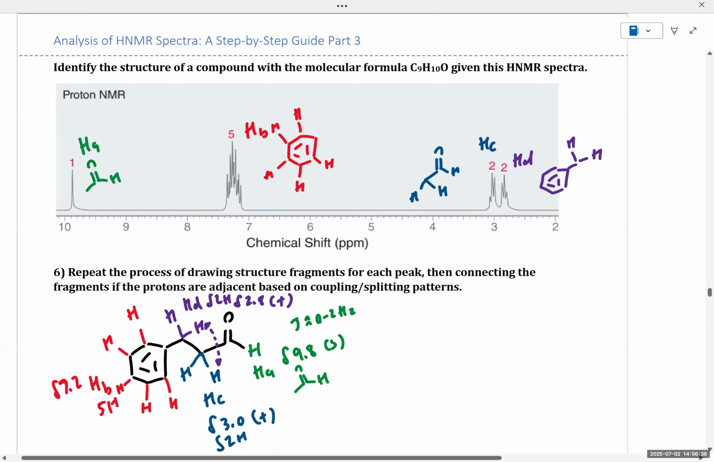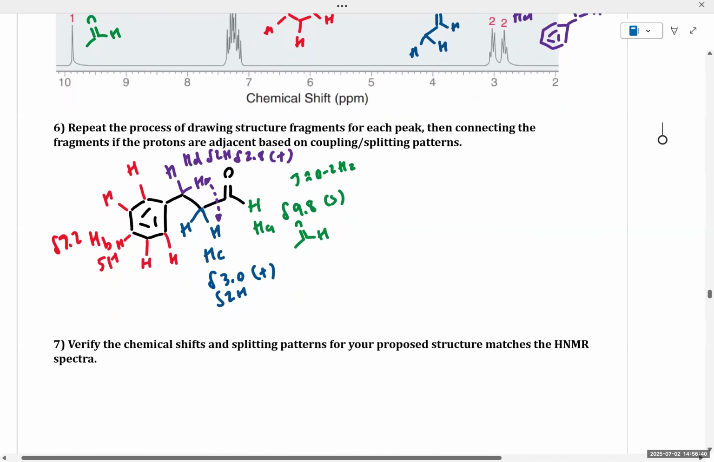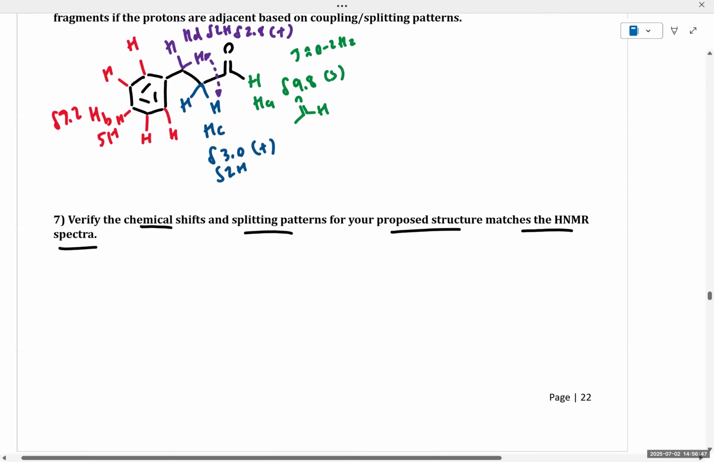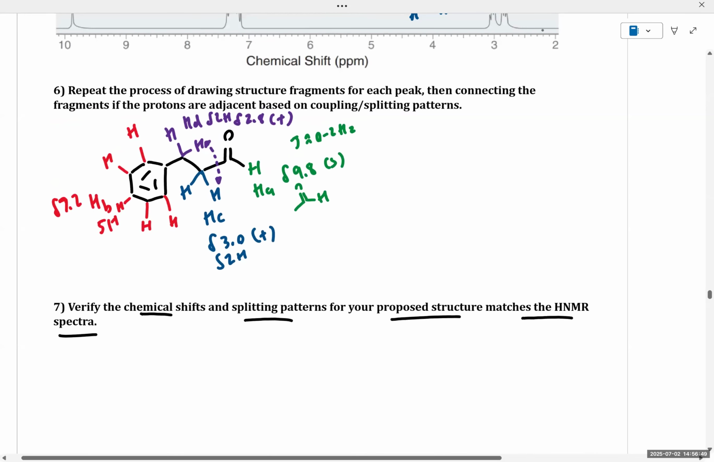Okay, so we've drawn out our structure and we verified the chemical shift and splitting patterns for the proposed structure matches the NMR spectra. One other check that you want to do is to check the DU value. This has a DU value of 5, which matches our calculated DU. And our formula in this case was